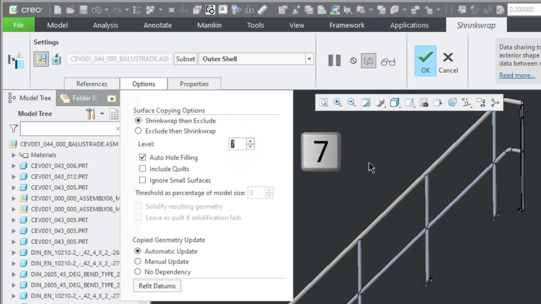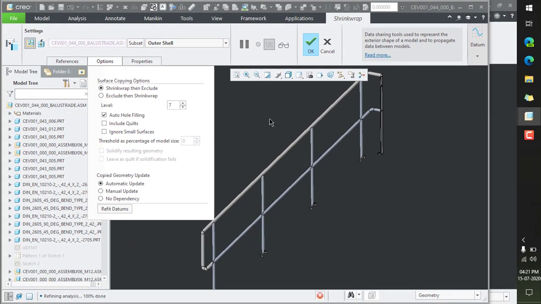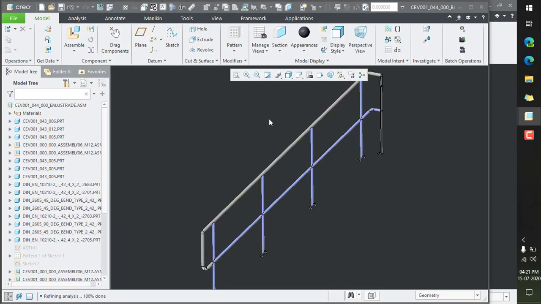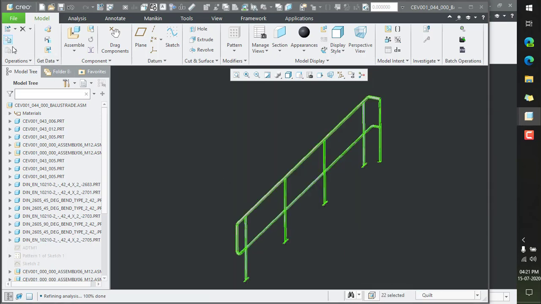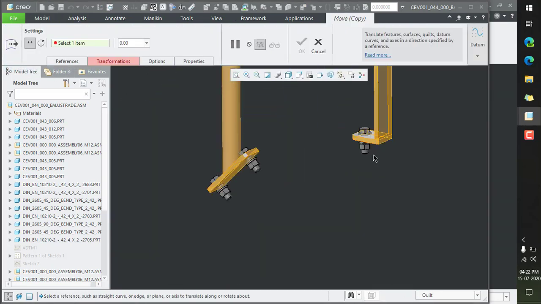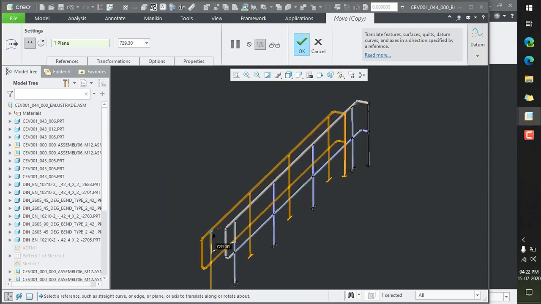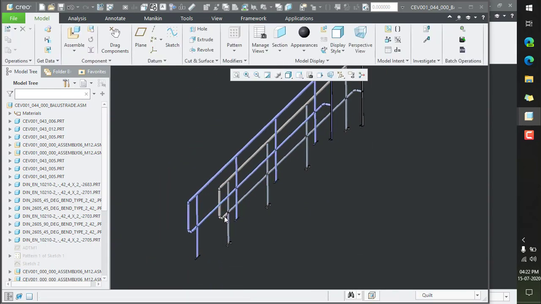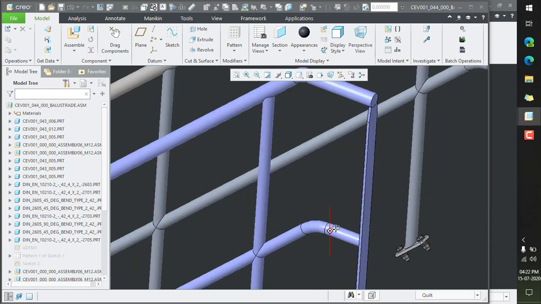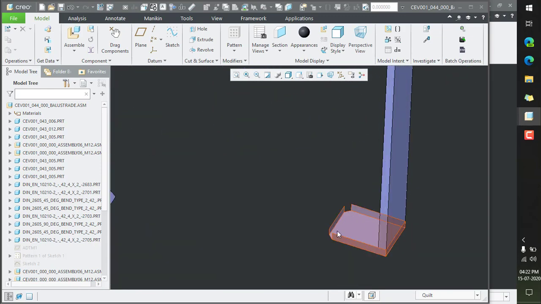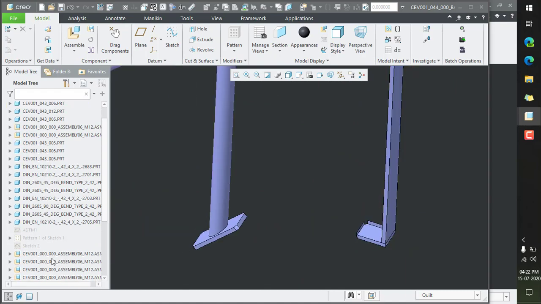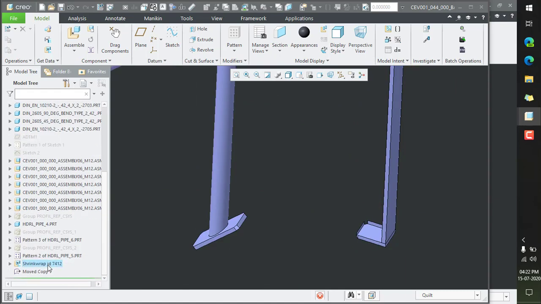I will recommend using a value of 7 for the best results. After applying the setting, do check the results for the effectiveness of this value. For this, I will offset the created geometry from the original at some distance. If there are any open faces, increase the quality level to the next value and check the output again.